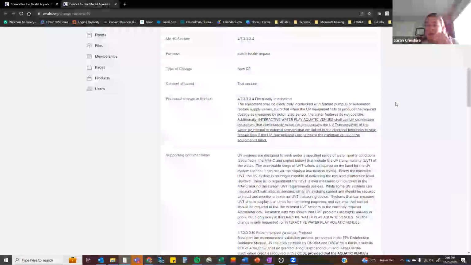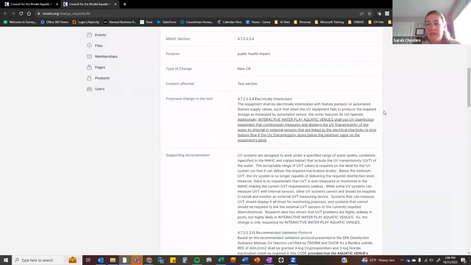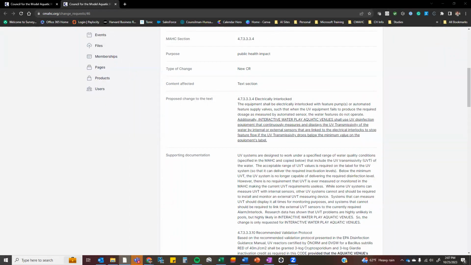James, do you have 2 sensors? So you have the dose that's coming out of the lamp, and then you have the transmissivity that's measured in the water, correct? Or measured at a different spot. So there's 2 different sensors? Yeah. All these instruments have to have some kind of sensor, but typically it's a sensor near the lamp surface that tells you how much power it's putting out. Mm-hmm. And the UVT sensor would